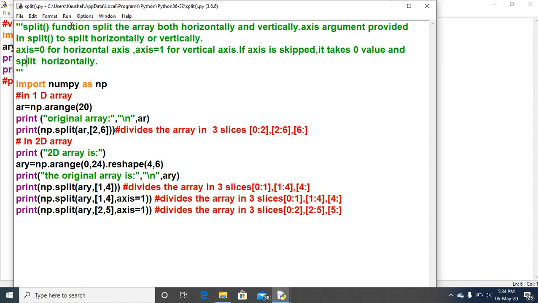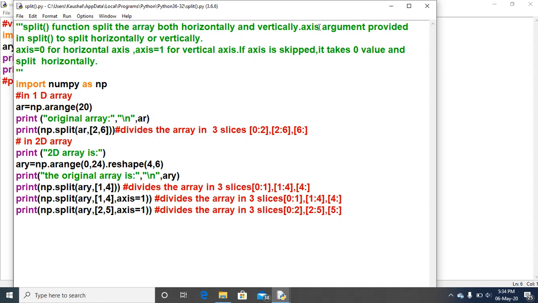The split function splits the array both horizontally and vertically, and the axis argument provided in the split function decides whether to split horizontally or vertically. It means the array will be divided vertically or horizontally through the split function using the argument axis.